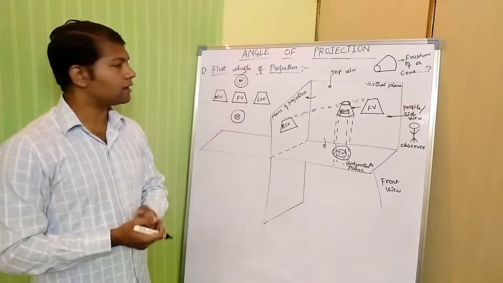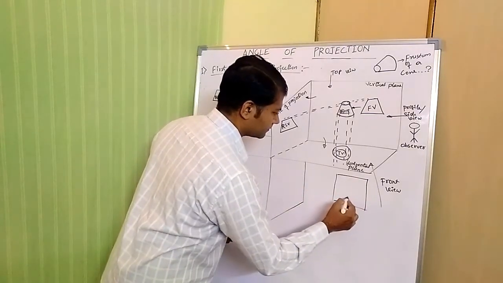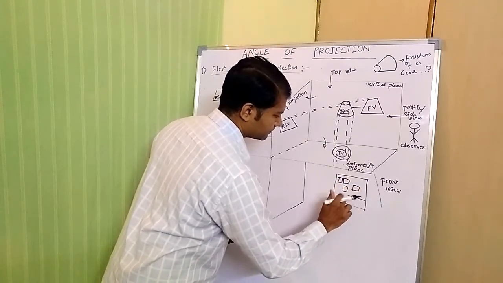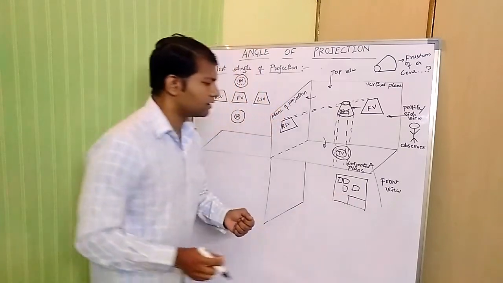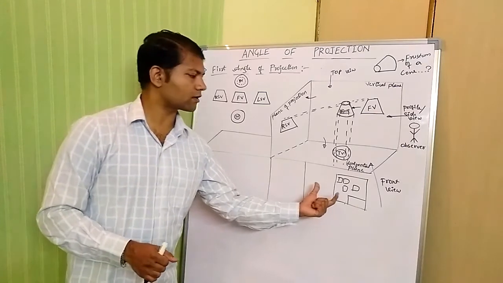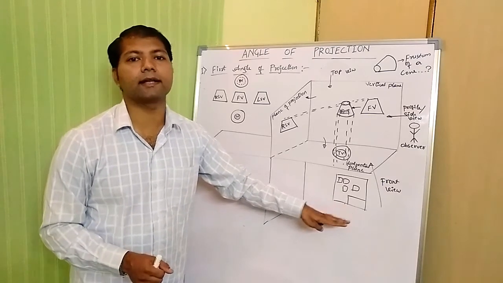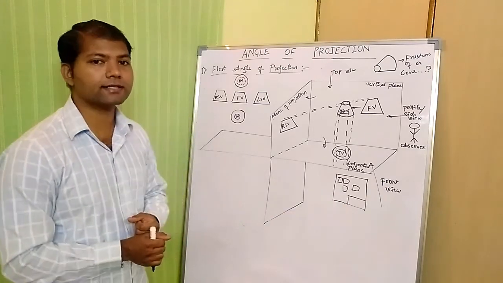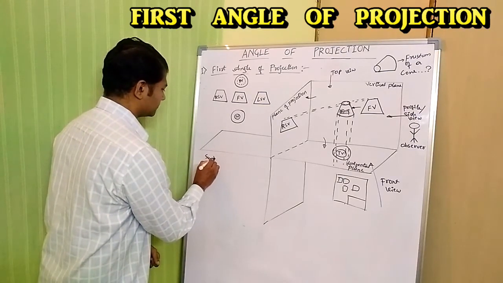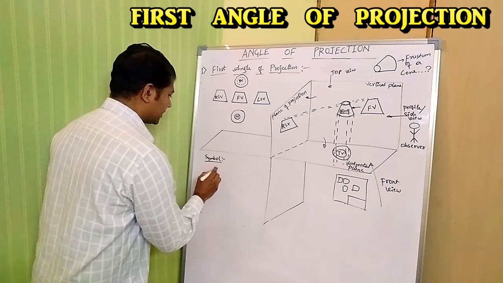So guys, suppose you have got a drawing sheet. In a drawing sheet there are so many views placed. So you need to identify which angle of projection it is. The views that are placed on a drawing sheet, which angle of projection are they? These are identified by using a symbolic representation. The symbol for the first angle of projection, I consider here the symbol for the first angle of projection. So the symbol denotes